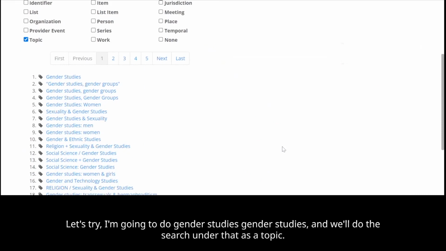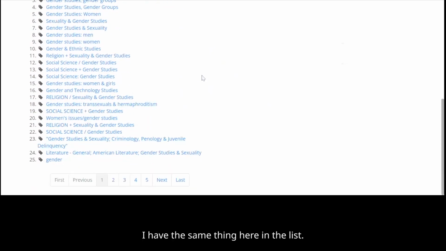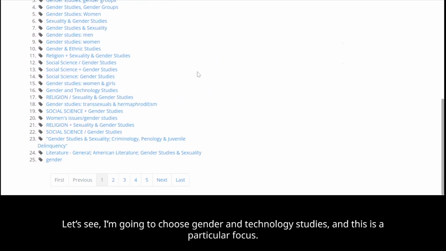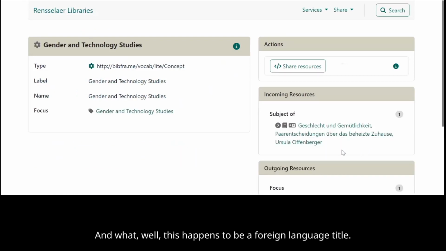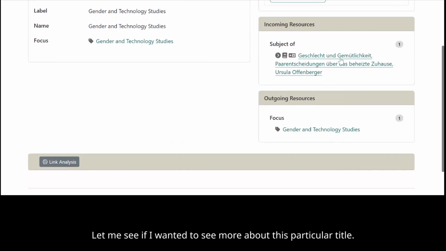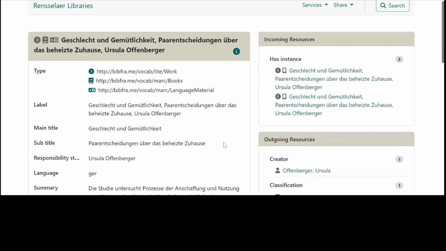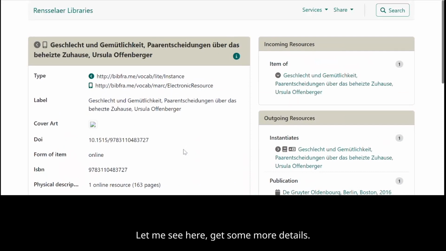Under that is a topic, and you could see in the same way you saw on the graph that there are all these subcategories or subclassifications. I have the same thing here in the list. Let's see, I'm going to choose gender and technology studies, and this is a particular focus. And well, this happens to be a foreign language title. Let me see if I wanted to see more about this particular title. This gives me the details. It's tagged here with the icon that it's an electronic book. Let me see here, get some more details. And you can see